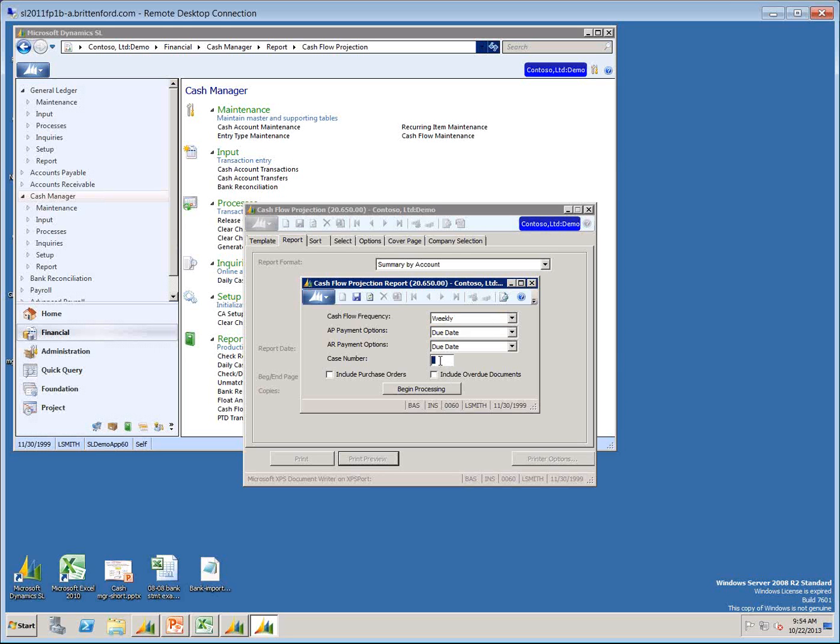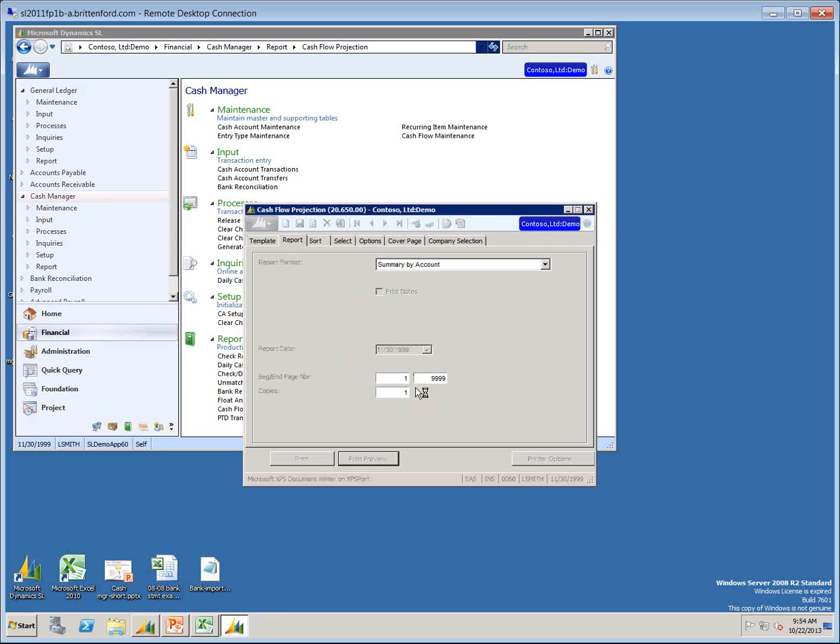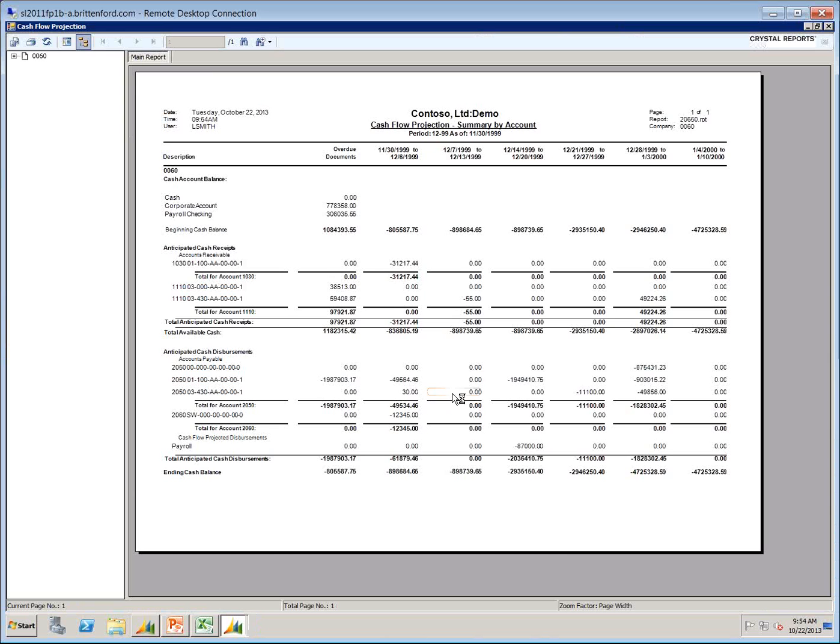I can say my case number that I'm including is my PR that I just did. And then if I have purchasing, I can include any purchase orders that are out there that are due, and any overdue. I like to include overdue because that means I want to include anything that hasn't been paid yet that I might get money. So if I do a begin processing on this cash flow,